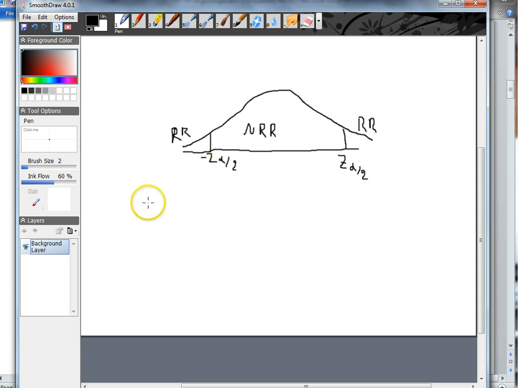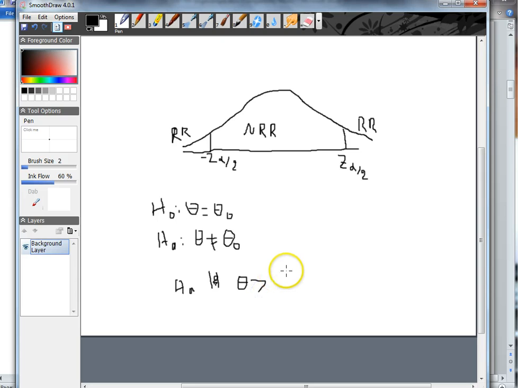Let me see if I can write. So this is a situation where I have H0 is theta equal theta 0, and the alternative is theta is not equal to theta 0. So in this case, I compute my test statistic value z. If it's here, I say reject H0. If it's here, I say reject H0. If it's here, I say do not reject H0. If my alternative is